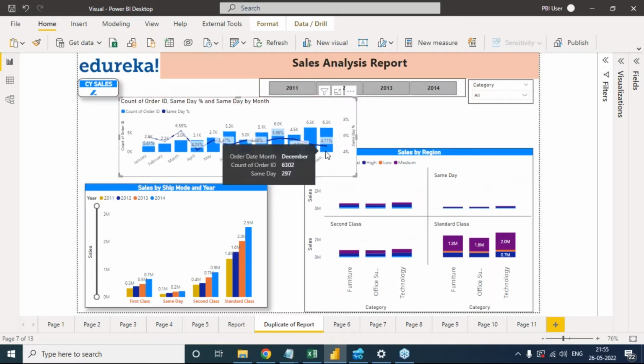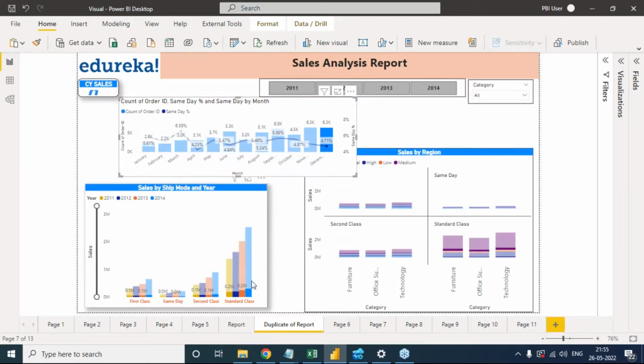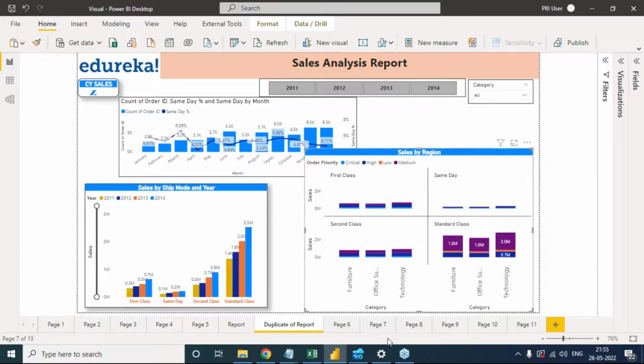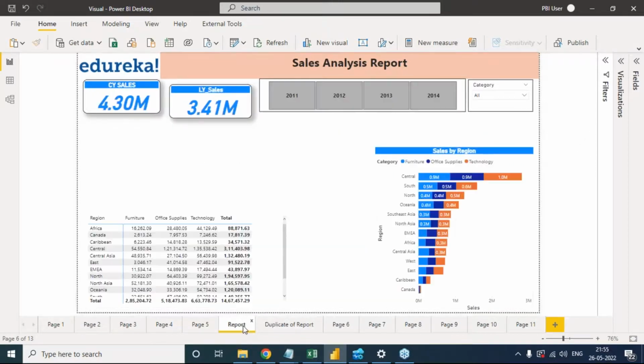No, I just clicked on this December. You see now in this sales by ship mode, a few of them are highlighted in dark color and a few of them are in light color. You see this one? Here also the same thing happened. But here, to have that idea,